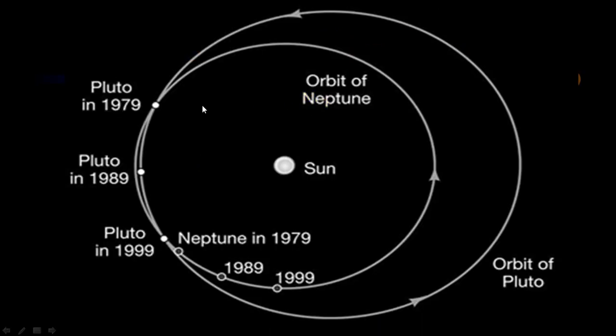All right, so here's what happens: Pluto is usually here, okay? It's so far away, but every now and then Pluto actually comes inside the orbit of Neptune. So Neptune becomes the farthest planet out sometimes. That was in 1989, right? I'm not sure when it's supposed to come back to do that.